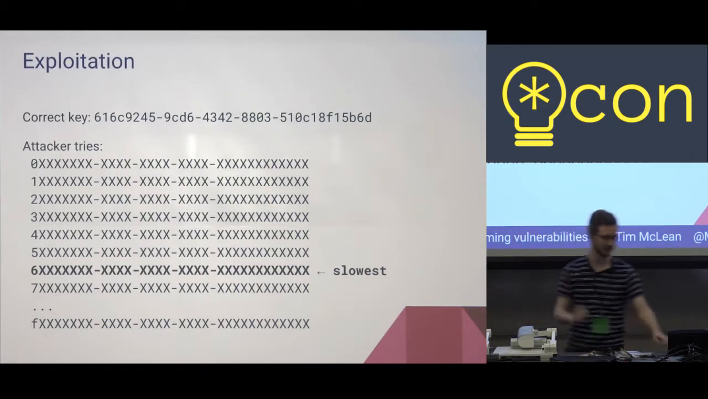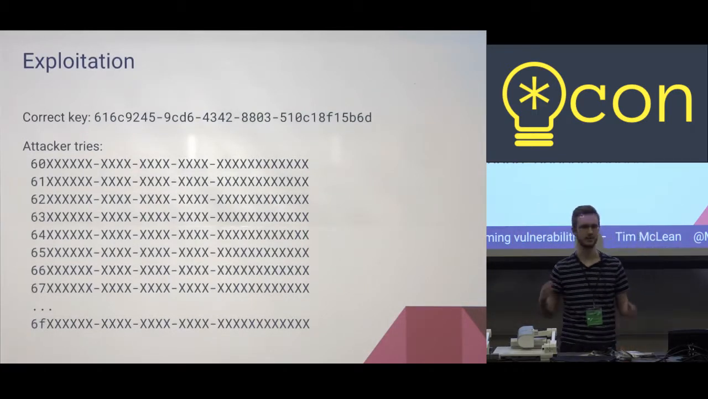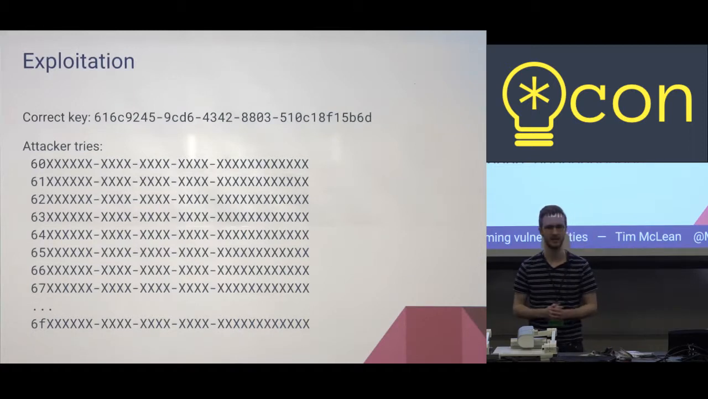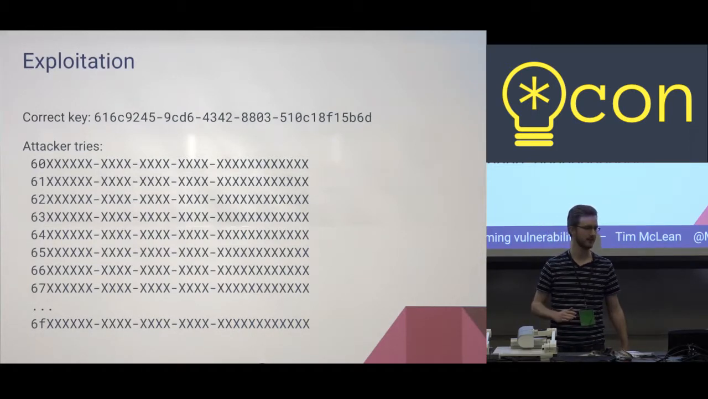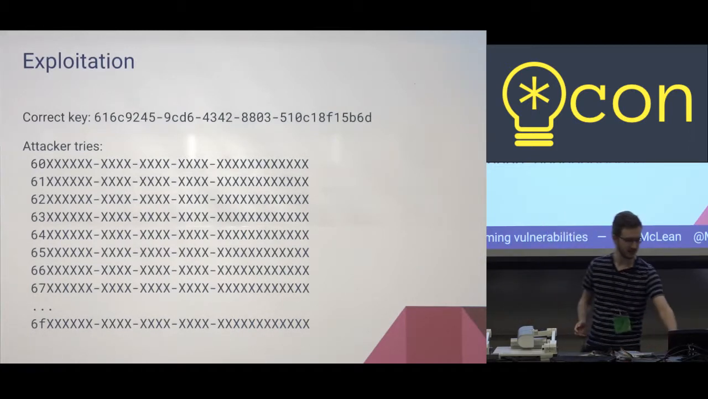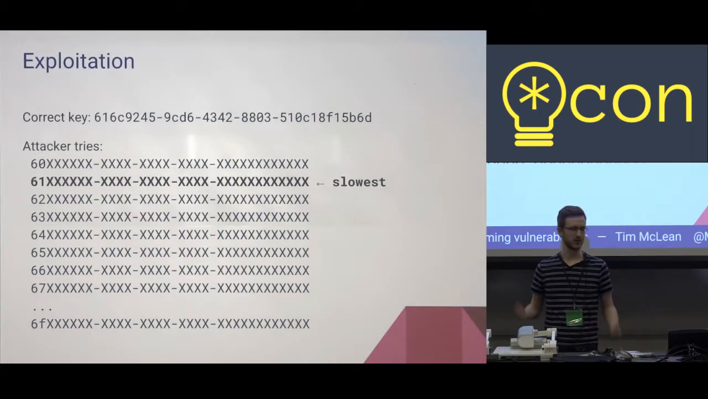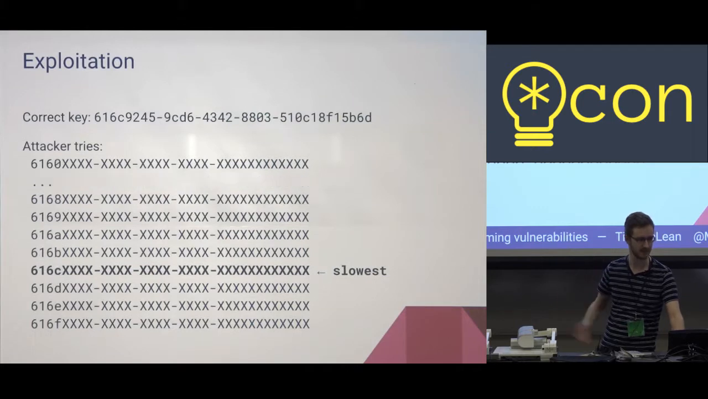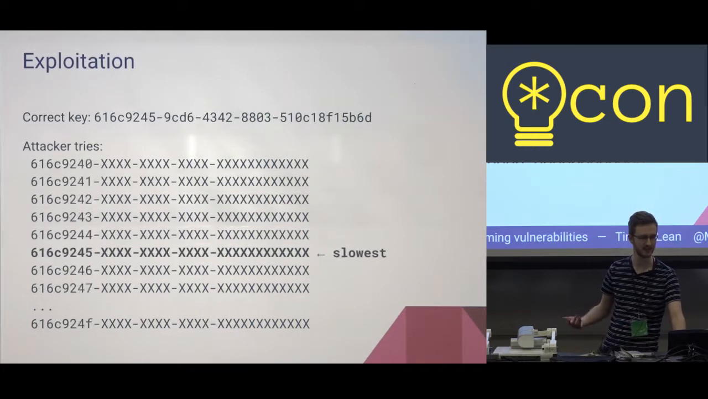It takes slightly longer. So now the attacker knows the first character is 6 and can proceed onwards and say, okay, let's try 0 through F on the second character. And they'll find, once again, that one particular attempt will take slightly longer. And the attacker can just proceed and do this for every single character in the key until finally they have